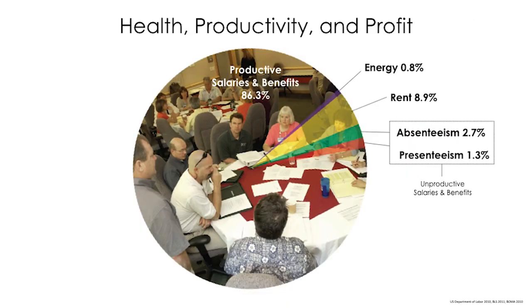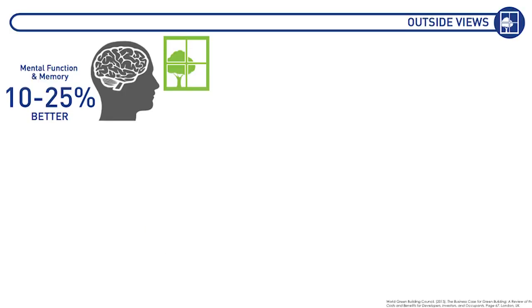This just shows in a pie chart how salaries and benefits, if you look at the time period of a building being used, that you're spending most of it on salaries and benefits. The energy, the design, and all those costs are actually peanuts in the overall scheme of buildings. So in terms of environmental benefits, if you have a window and you're looking outdoors, improved mental memory functions has been documented. Call processing